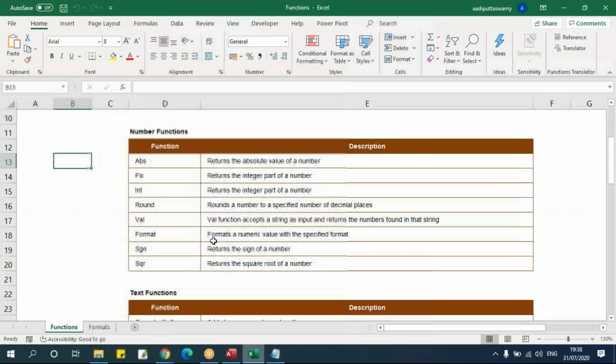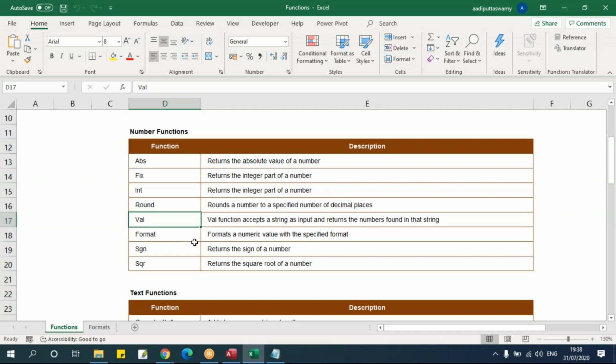Next one, we have something called val. What val will do is get me the value from a string. Say I have a text column. All the numbers which are at the beginning, whatever numbers are there, it will just give me that value.